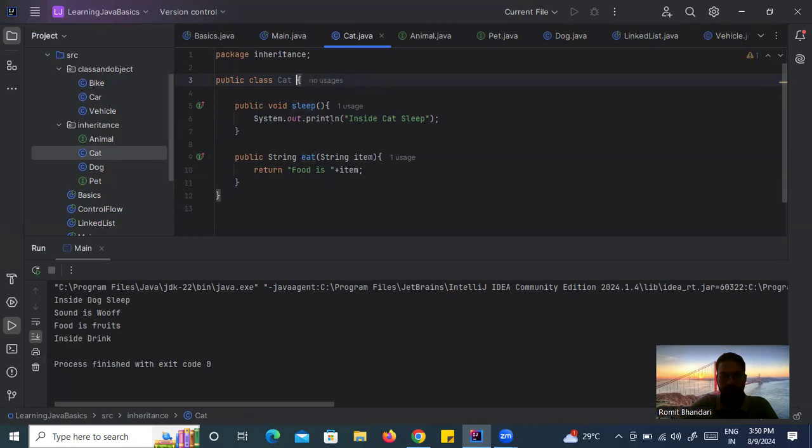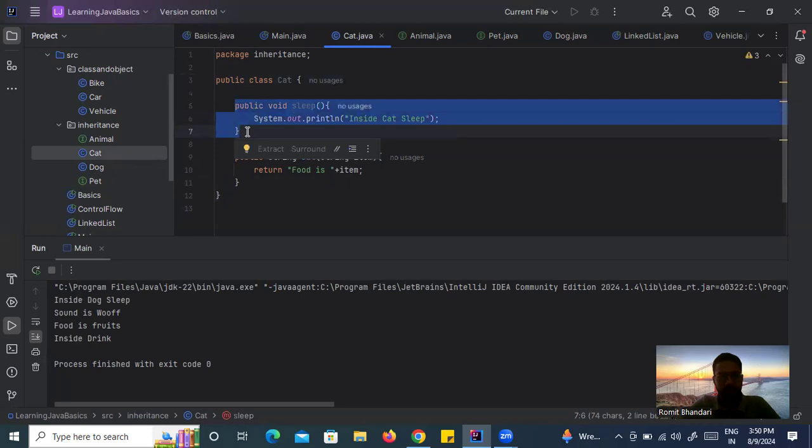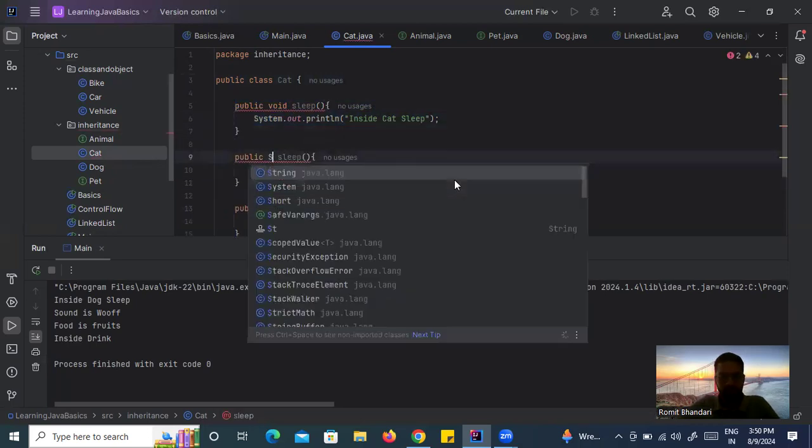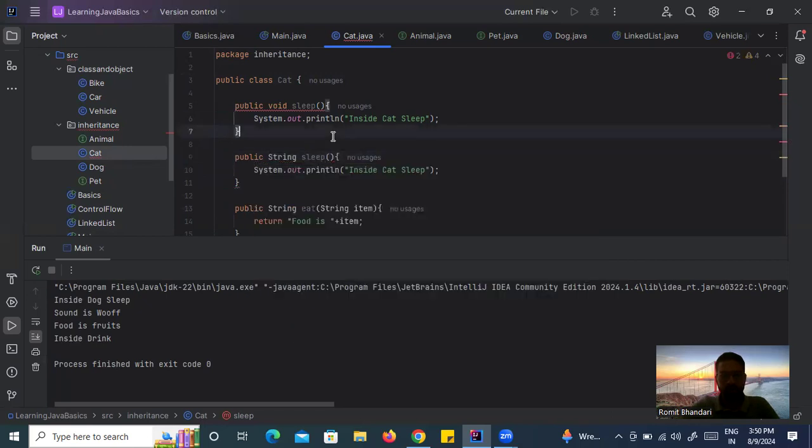I'll do one thing. I'll just remove the implementation. Let us keep the sleep method as it is because we want to understand method overloading here. Okay. And what I'm doing is, this should return